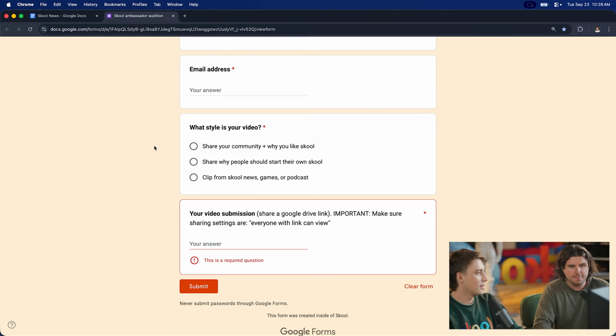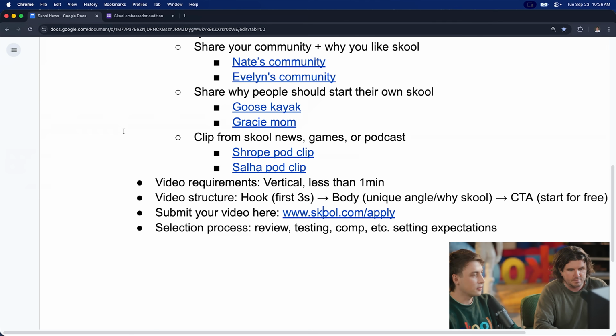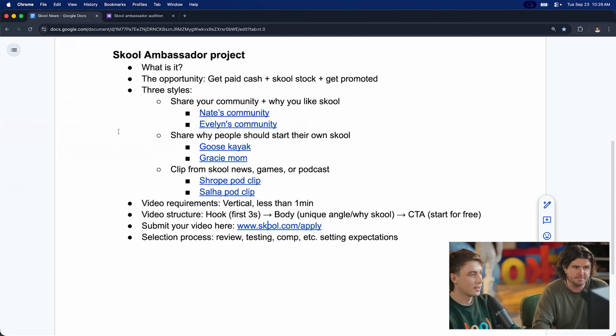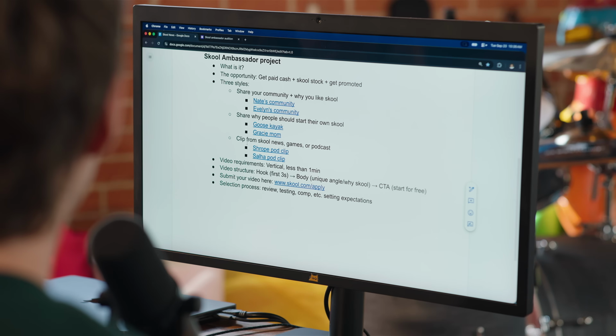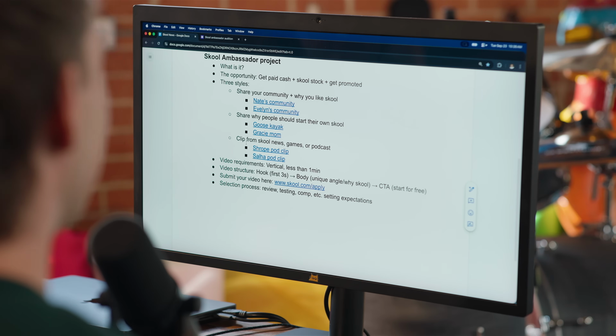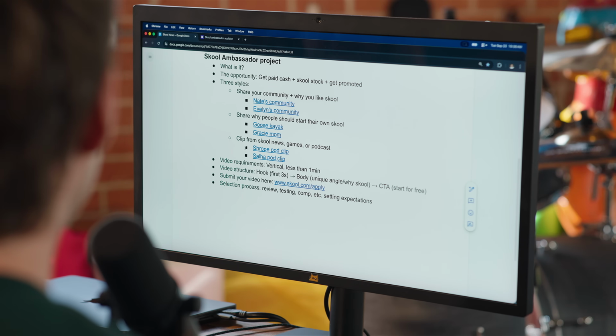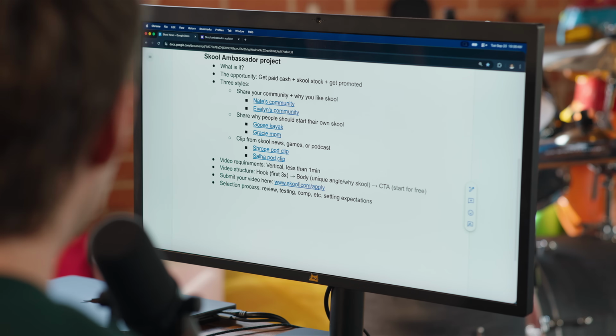Can you submit more than one video? You can probably submit as many as you want. But don't spam us. If they're good, you could submit more than one. Generally spammers don't make quality. I mean, don't make hundreds. I just remember the meme contest where someone submitted like 10,000. So yes, if it's good, but don't just spam it. Otherwise, we'll probably just ignore it. So submit your video there.